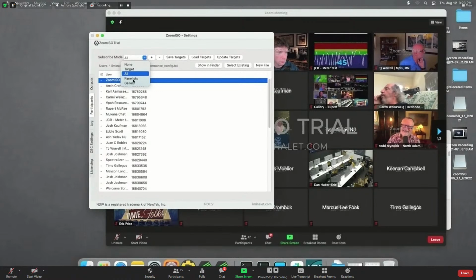And when you set that to panelists, what should happen is the group of people on this list should be reduced so that it's only the people who are in the panel. The other options here would be people who have target IDs, people who are video on or in the gallery, basically, is another way to think of that, and all or none. So this right now is tied to the OSC subscribe mode, and that's sort of doubling as a filter right now. You can see everybody in your subscription level in this list and interact with them here.